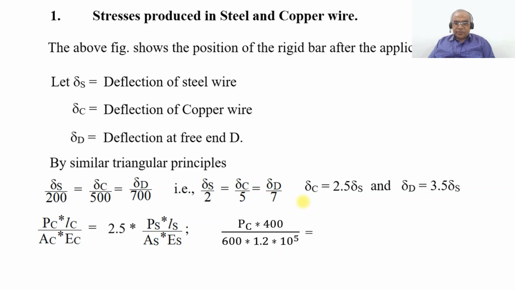You substitute those values. That is equal to 2.5 into PS into 250 by 400 into 2 into 10 to the power of 5. So therefore, the value of PC in terms of PS you are going to get, which is 1.40625 into PS. So similarly, taking the moments about the point A,